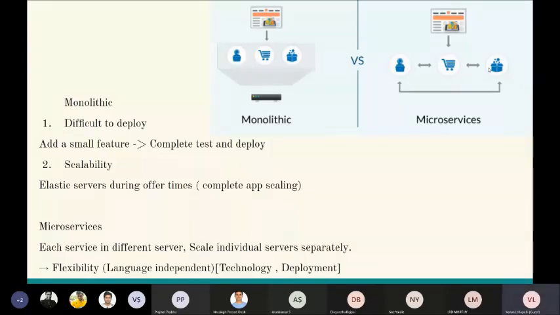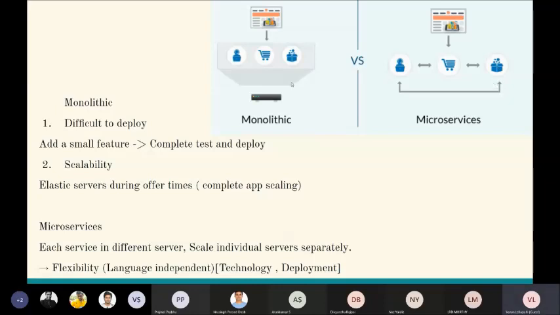How the flexibility is achieved here is that you are dealing with the orders module. So you can completely code the orders module with Python. Let's say person A is familiar with Python, so person A will completely code this microservice with Python. And coming to shopping, this module is developed by another person who is very good at C#. So he will develop this microservice with C#. And one more person is very good at Go language. So he will develop this returns module with Go language.